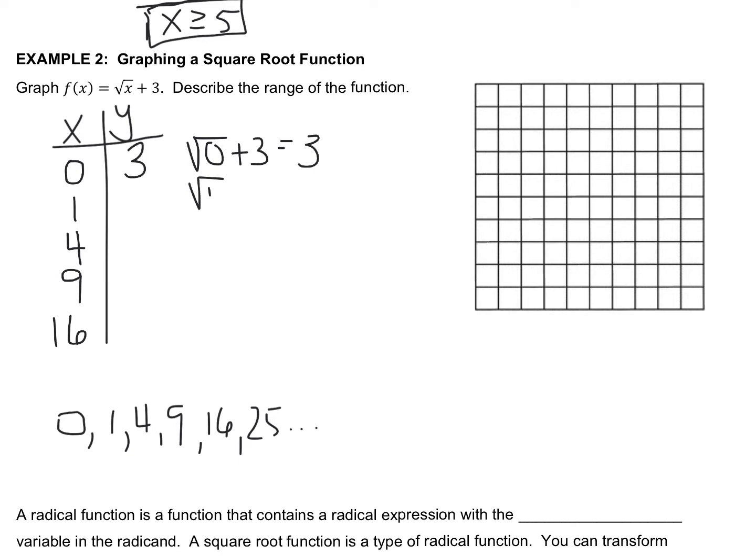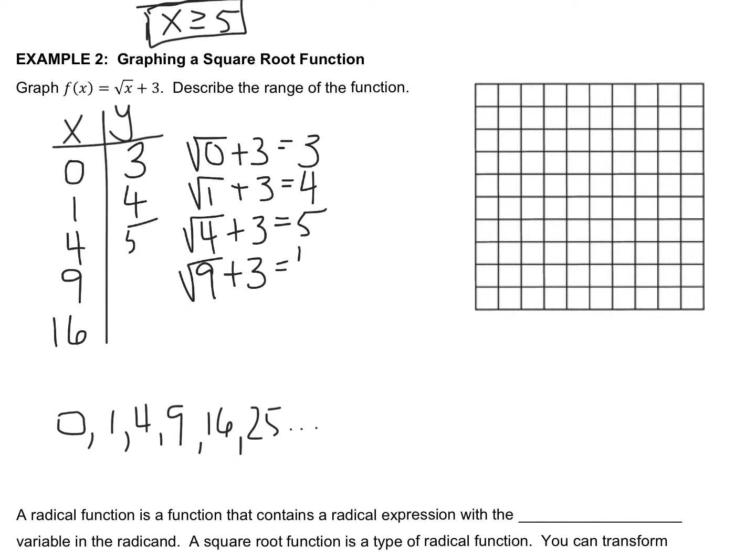When 1 goes in, I take the square root of 1, which is 1, add 3 to it, and I get 4. If I put in 4, I take the square root and get a 2, add 3 to get a 5. If I put in 9, take the square root, that gives me a 3 plus 3 is a 6. And then if I put in 16, take the square root, which is 4, and I get 7. So there is a table from this function that I can now put into play to set it up